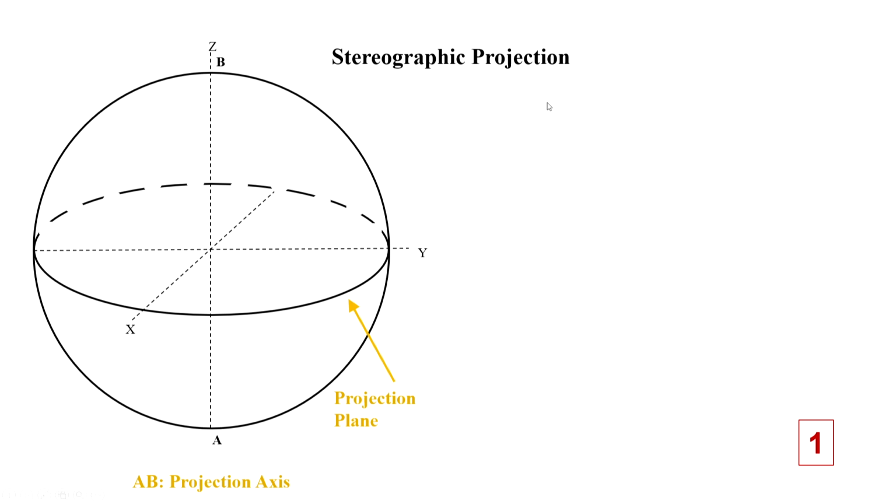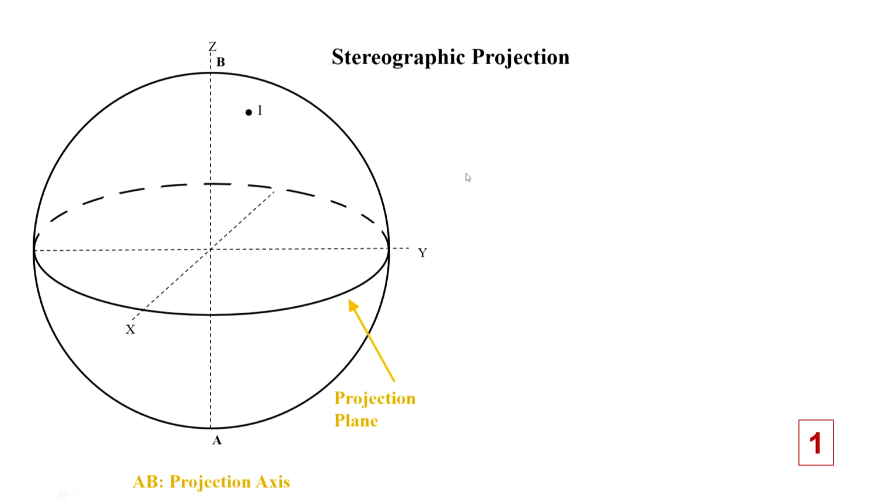Let us say that I have a point labeled 1 on the surface of the sphere. If you recall, when we were combining rotation axes, we put the rotation axis starting from the center of the sphere, and it would intersect the surface at some point, which we also call a pole. Now, project this point on the projection plane, and that would represent either the motif or that rotation axis. So, how can I project this point?